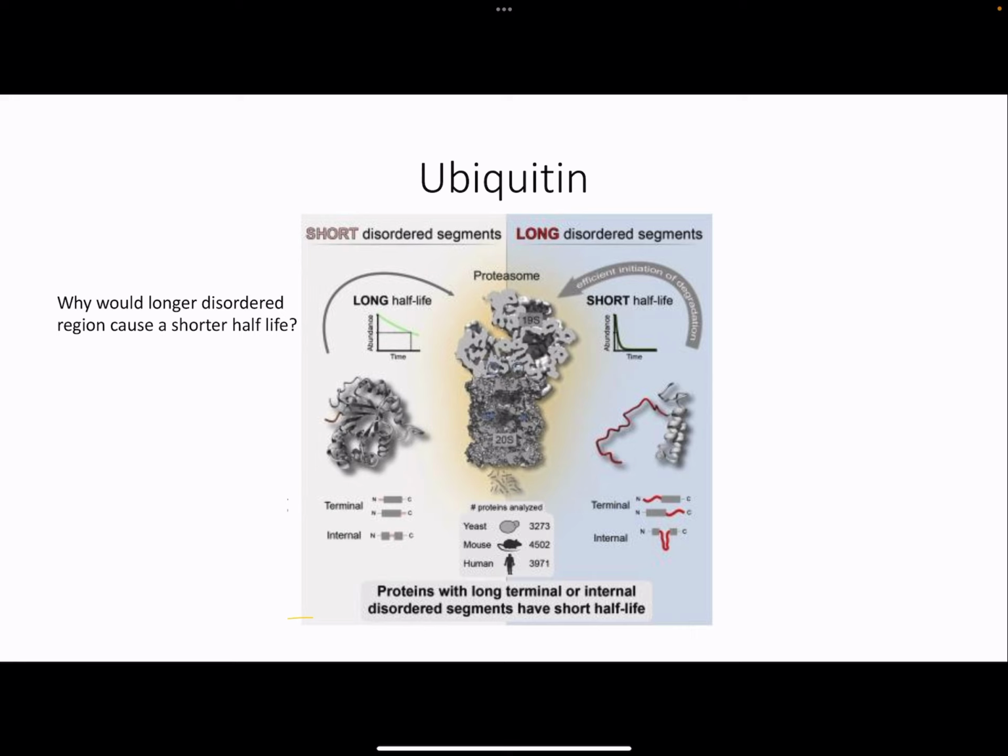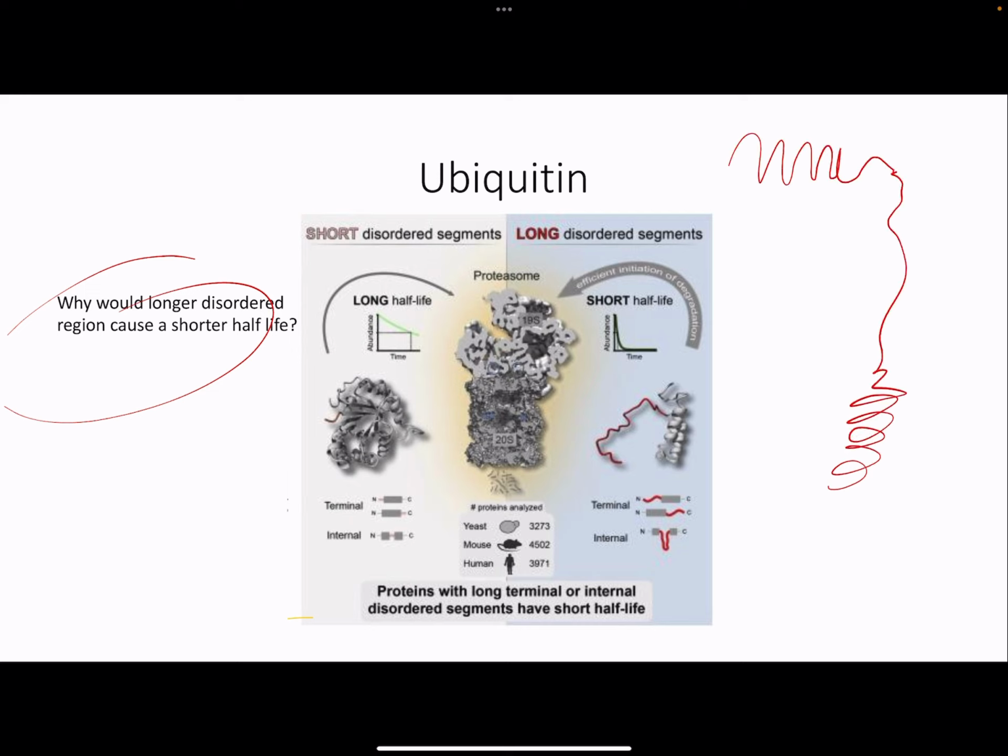Same thing here. A disordered region here might be like an alpha helix, and here's a disordered region, and then like here's a beta sheet or something, right? So if I'm a ubiquitin, it's probably easier to go onto the disordered region right here. And so it's easier to put more ubiquitin, and so the long disordered segments are going to have a very short half-life. They're going to go quickly, and then vice versa. If you have a short disordered segment, it's harder to find like a right spot for the ubiquitin to attach